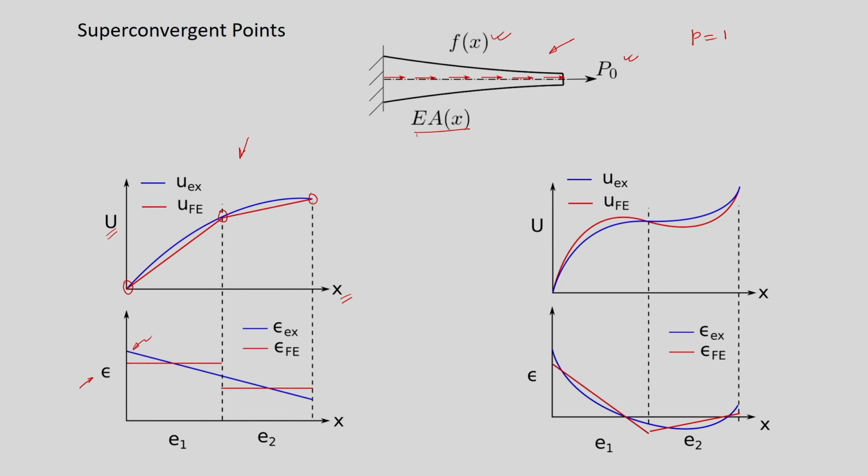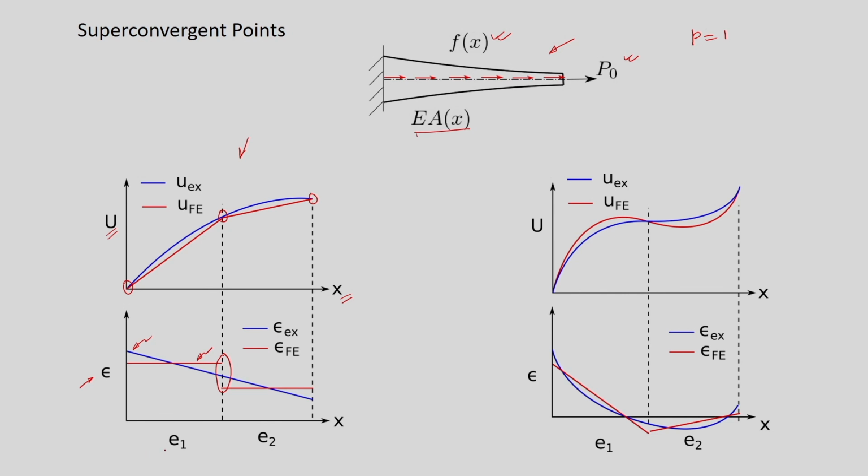Since we have used linear shape function, the derivatives are constant. So, the strain in a given element is constant. Now, as you see here, at the element interface there is a jump in the strain. Finite element solution gives a jump in the strain. Now, this is not appreciated unless there is a point force acting at that point, or maybe a change in the material property.